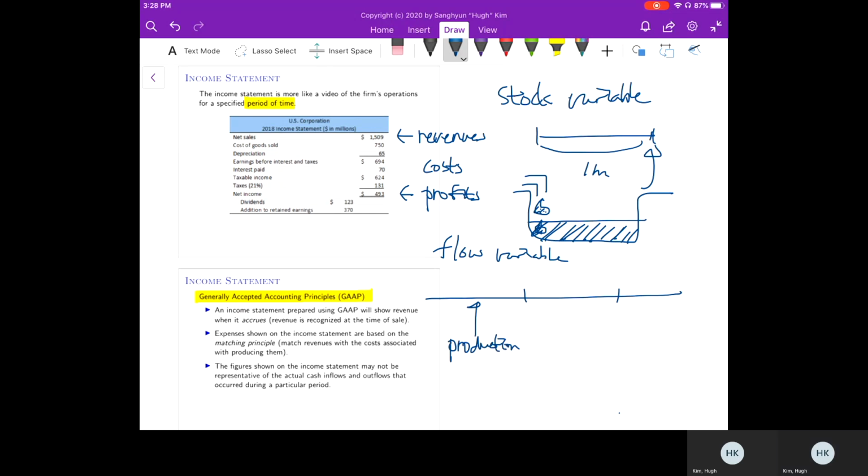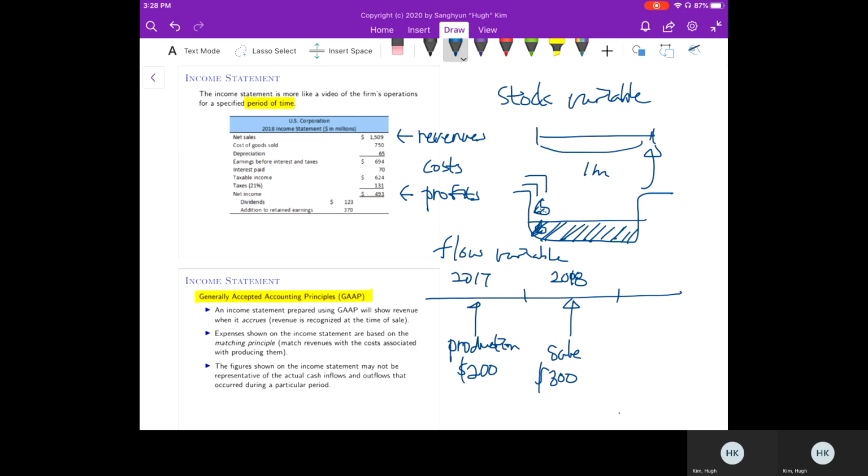Some production happens in, let's say, 2017. So you spend $200 to produce a product. And a few months later, in 2018, there is a sale of that product